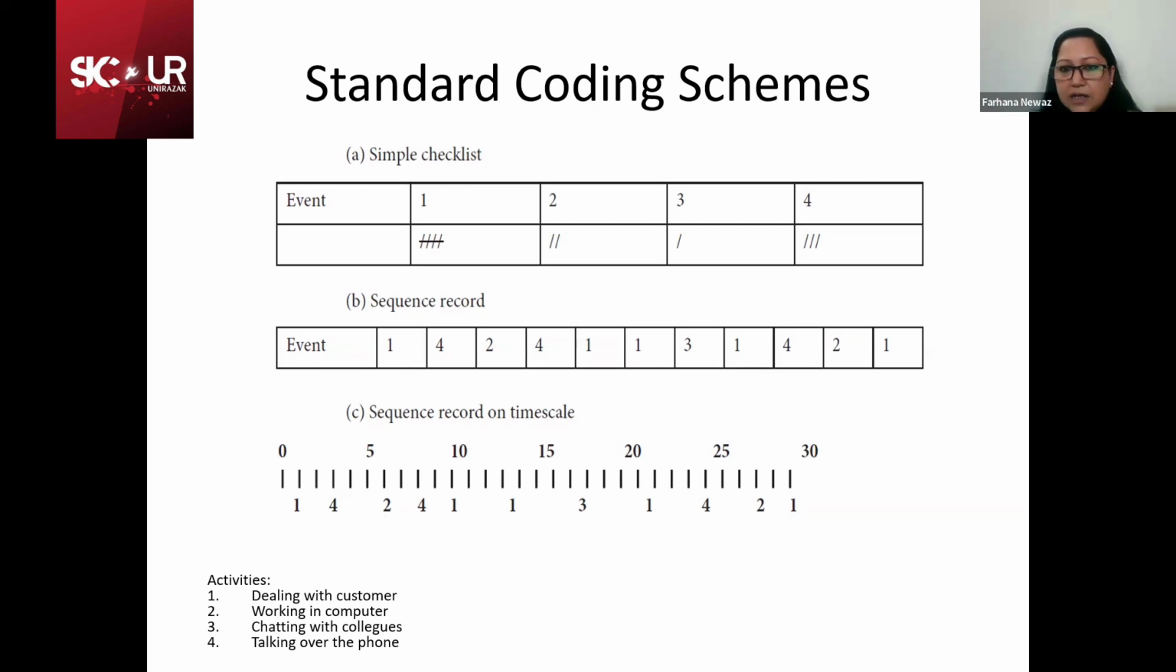Okay, so this is another way we can go for recording the activities. The last one will be sequence record on time scale, right? It can be like 0 to 5 minutes, 5 to 10 minutes. So this way you put the time, and then you watch. Suppose the next one will be